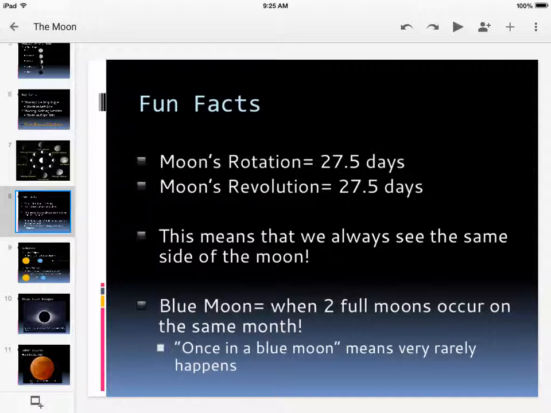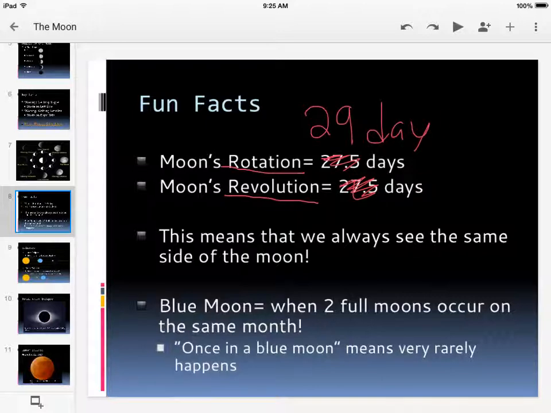Oh, okay, so the moon is really cool in the fact that its rotation and revolution are exactly the same amount of time. And we actually say 27.5 days is how long it takes to go around if the moon and the Earth weren't moving around the sun. But because we move around the sun, it takes a little bit longer to catch up, so we say it's 29 days. So that's 29 days for the moon to make one full trip